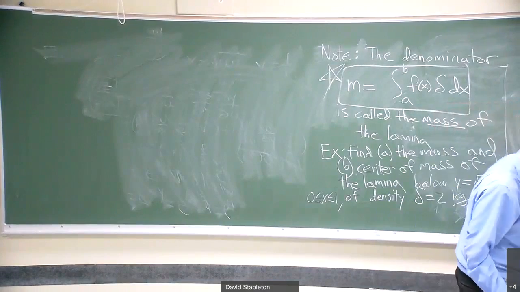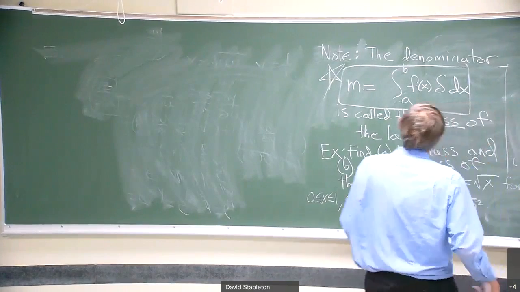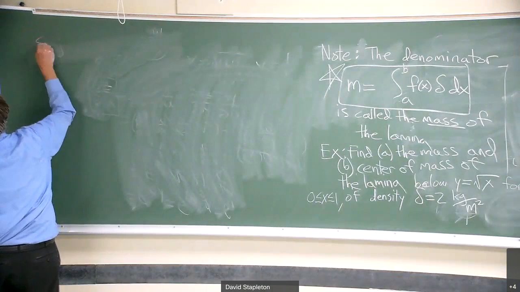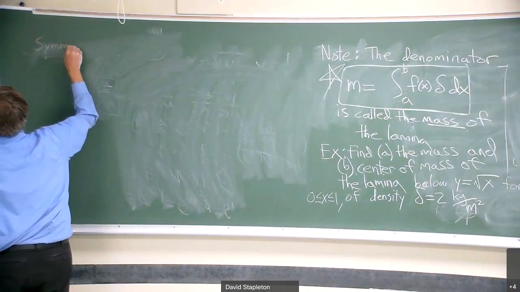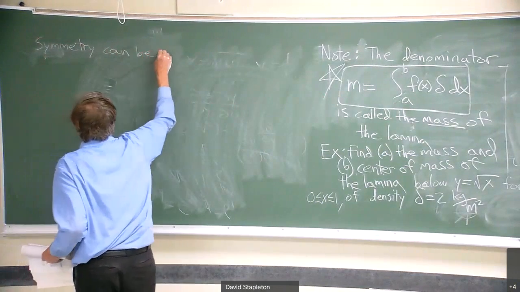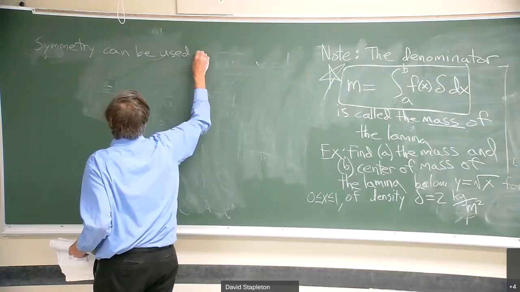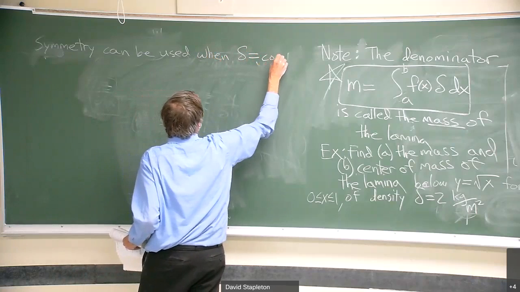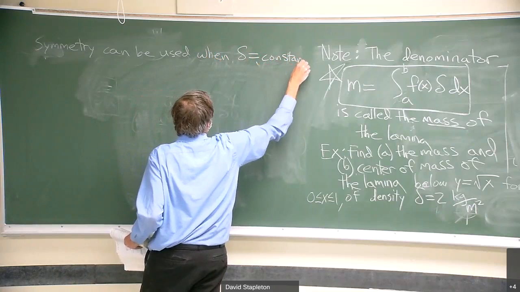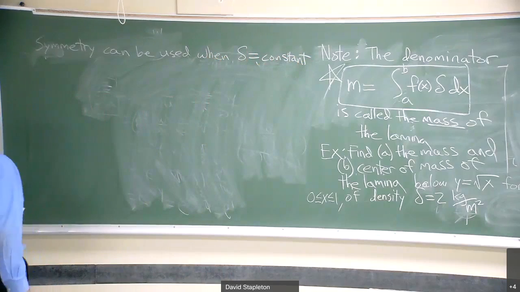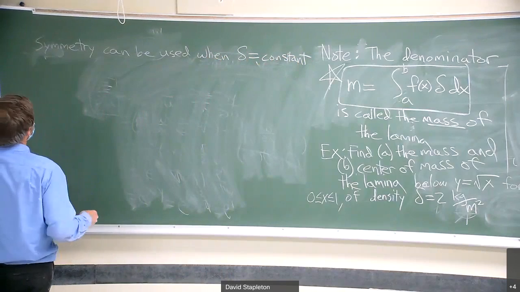Now, some of these are actually simpler than this. Symmetry can be used when your density function is a constant, which is what we're going to do for all the problems here, just because that's what the book does, and I want to have these things not made in the book. For example,